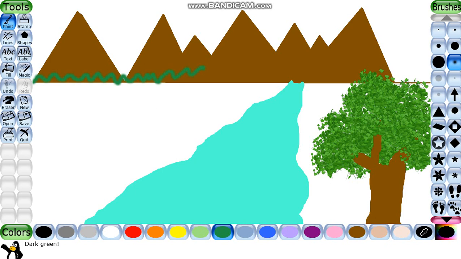If you want to draw anything in this way, you can choose the haze brush shape. And if you want to draw any tree over there, that also you can create with the help of this smudge brush. It's completely about your choice. It depends on you where you want to use it.